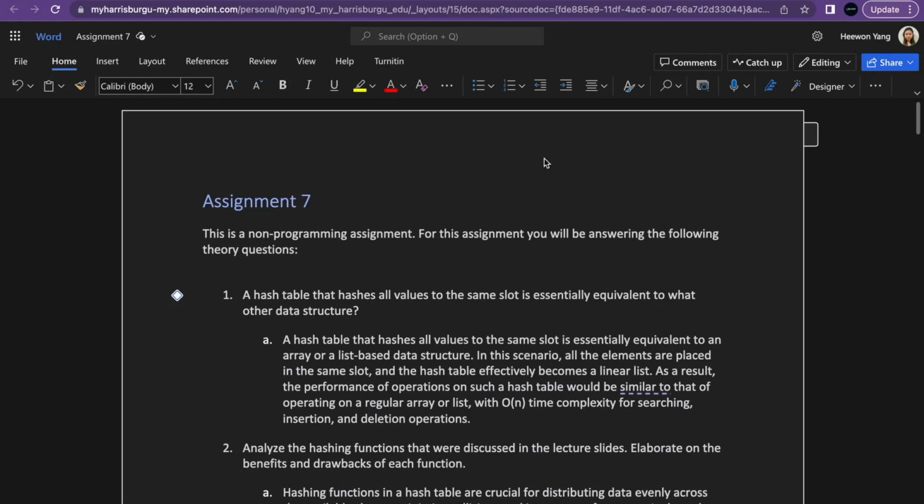Answers for assignment 7. In assignment 7, there were 4 different questions I had to answer. I'll go through each of the questions one by one. So the first question was: a hash table that hashes all values to the same slot is essentially equivalent to